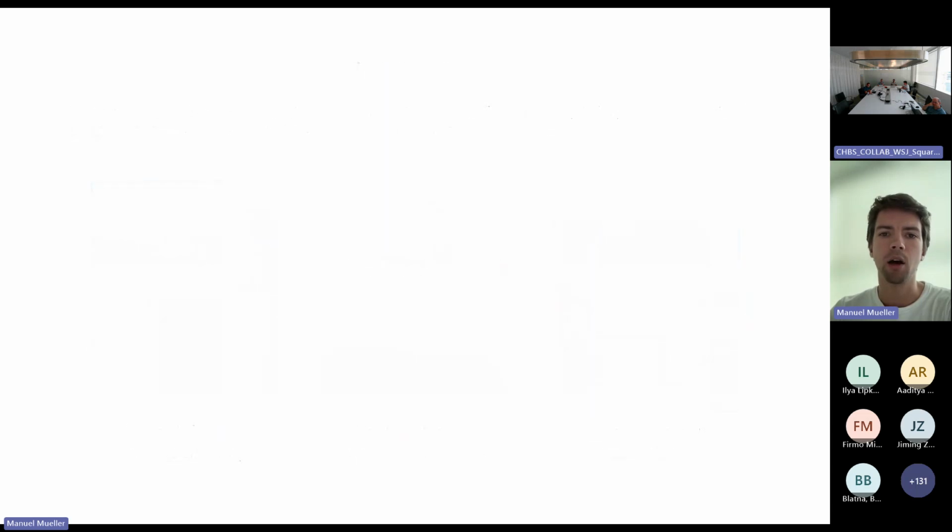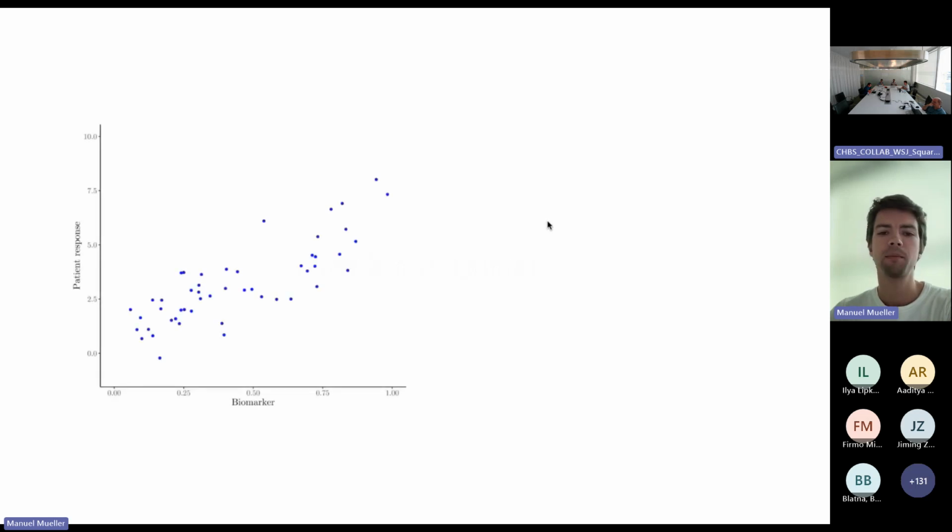And so let's start off with a very basic question. What is a subgroup? What should we think about when I talk about a subgroup? Let's start off with the most basic setting one could think about. Say you have the data from some patients, as in the scatter plot here, and for each patient you record some response and some biomarker value. Then the most simplistic approach to analyzing subgroups you could think about is to do some pre-selected split of your biomarker space, and then look at the biomarker negative and the biomarker positive patient group, and then look at something like their average group specific effect.